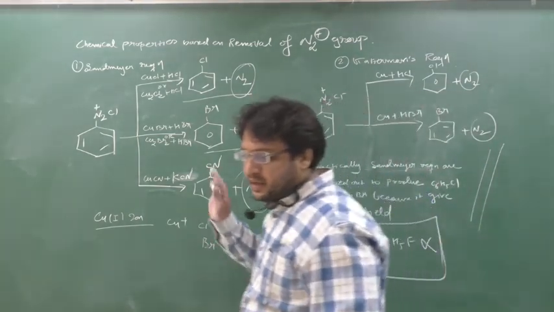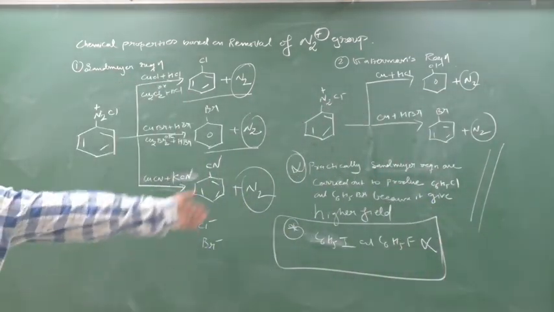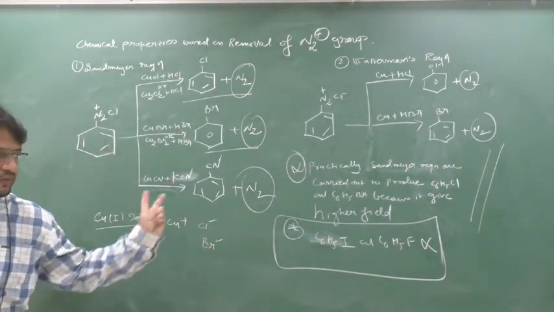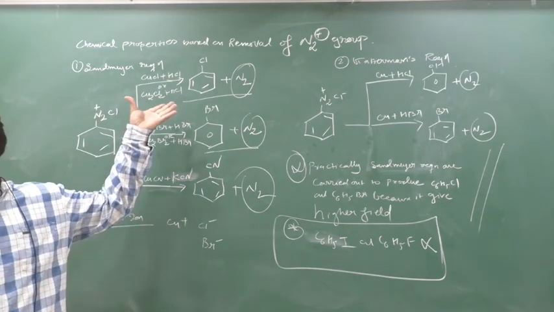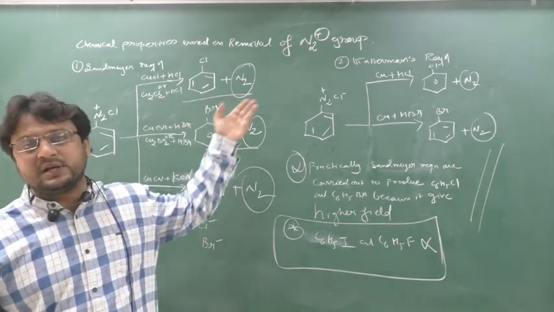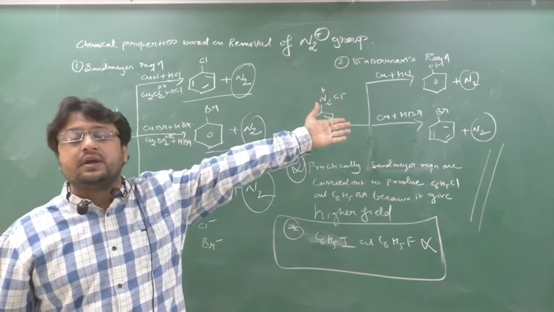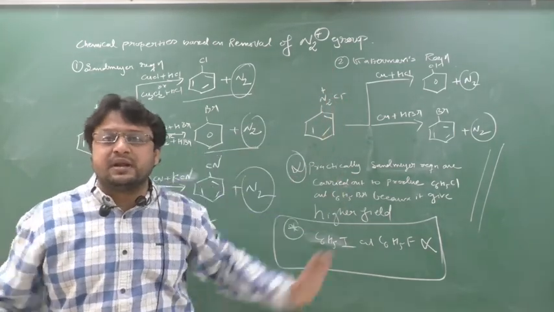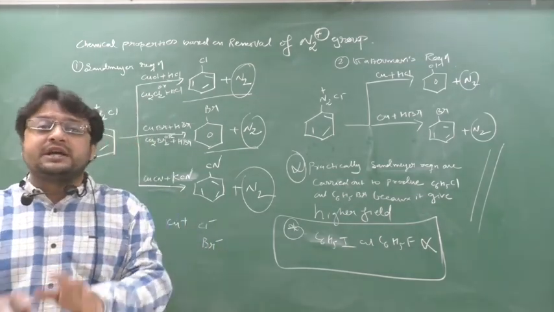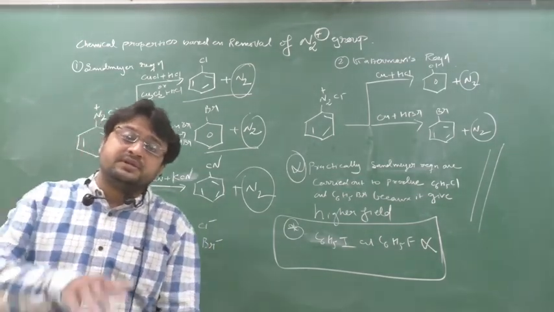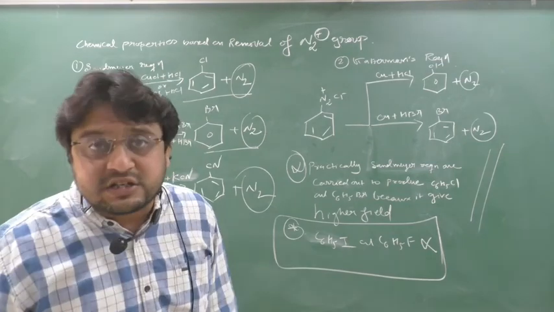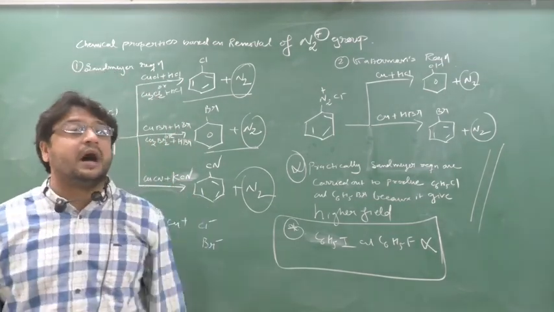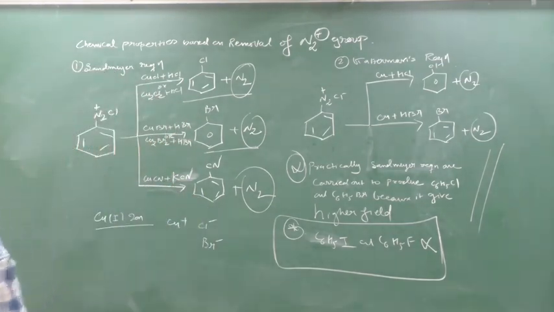So today that's it. This is the Sandmeyer reaction and Gattermann reaction, most important questions for the exam. In the Sandmeyer reaction, the copper 1 ion is used as a reagent, and in the Gattermann reaction copper powder is used. That is the difference, nothing else. And which reaction will you prefer to generate chlorobenzene and bromobenzene? The preferred reaction is the Sandmeyer reaction due to its higher yield. That's it. Thank you. See you in the next class.